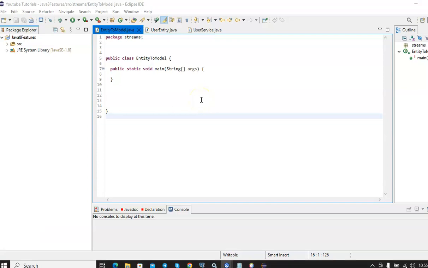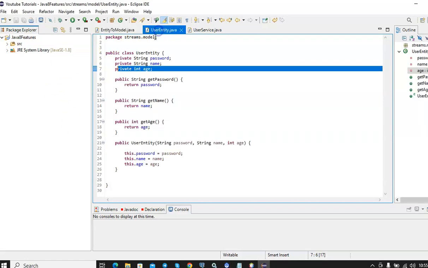Today I'll show you how you can easily map a user entity to a model class in Java using Java 8 features. So assuming you have a user entity in your project, let's say maybe you're using a framework like Spring Boot, and now this one is a user